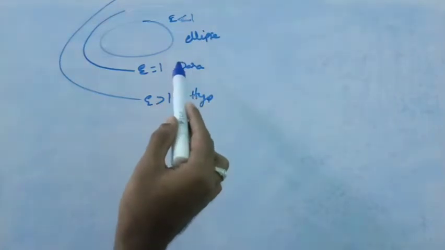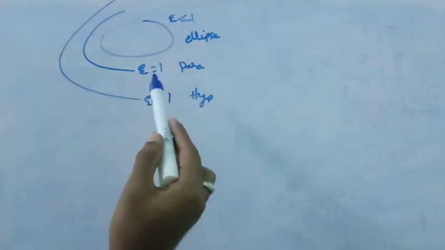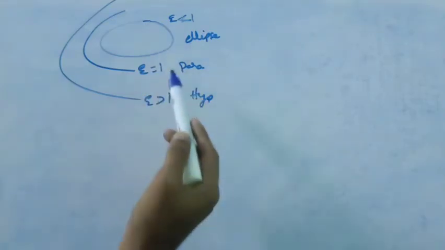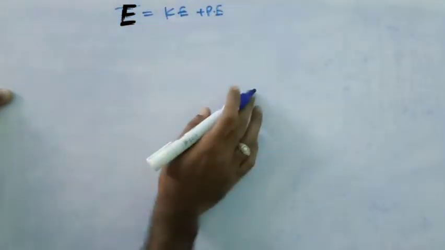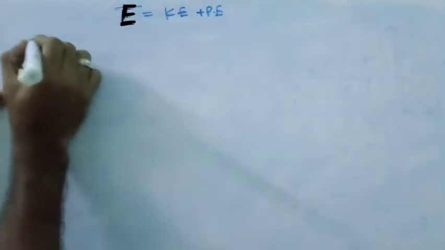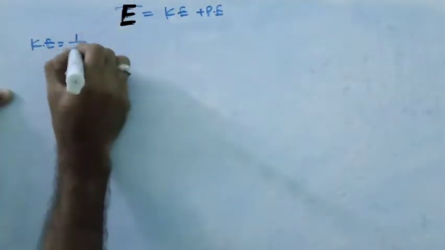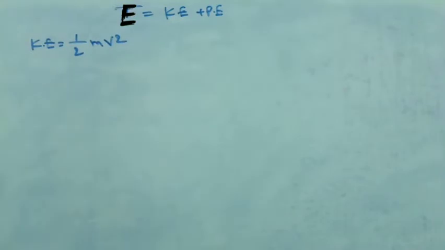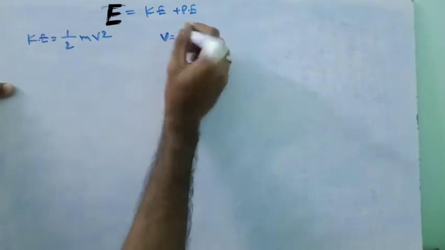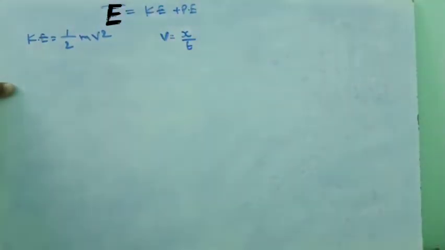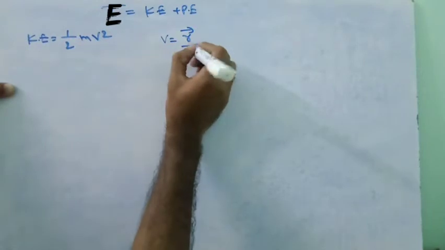So we consider energy here. For finding the epsilon value, the eccentricity value, we proceed as follows. The total energy of the planet is equal to kinetic energy plus potential energy. So we find kinetic energy, K is equal to half m v square, so we need v square. We know that velocity is displacement by time. Velocity means the rate of change of displacement with respect to time. Here displacement is r bar.